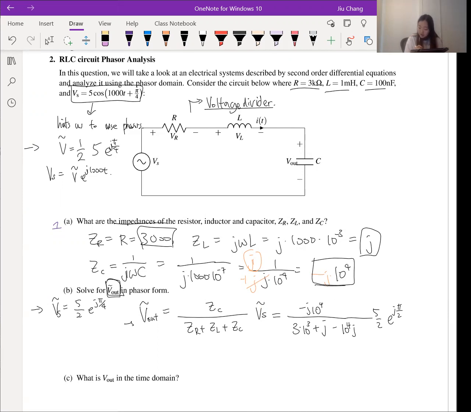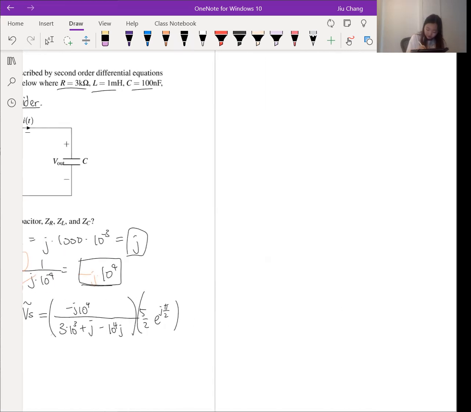So in order to solve this, we are multiplying the rectangular version with the polar version. Because this is a multiplication, the polar form is easier to calculate. So we will convert this into a polar form. So that would be 10 to the power of 4, e to the power of, well, it's over here. So that's